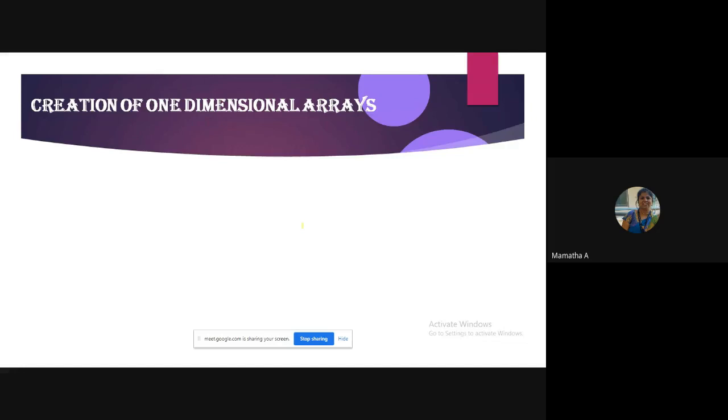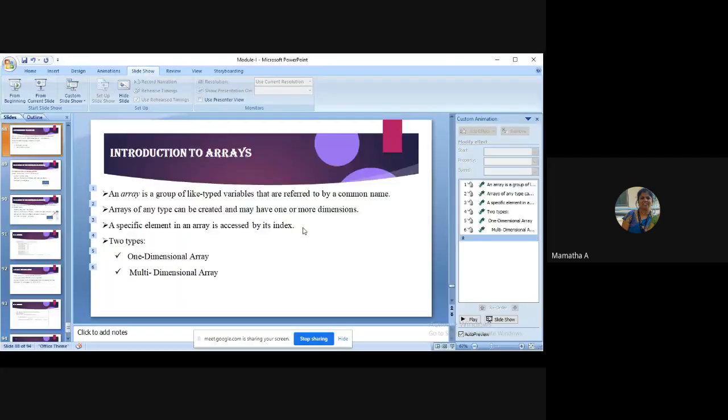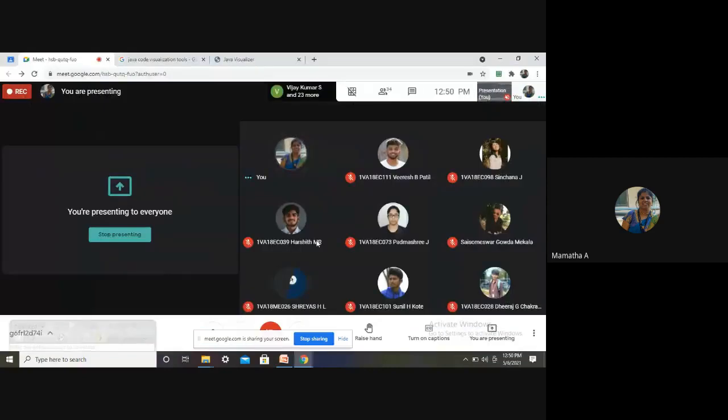Can anybody type in the chat box how to declare an array of 10 elements in C? If you remember, type it in the chat box, or if you don't remember, I will tell you.